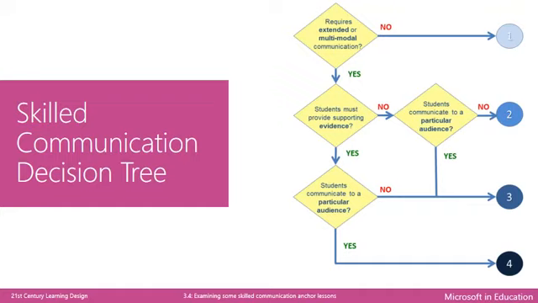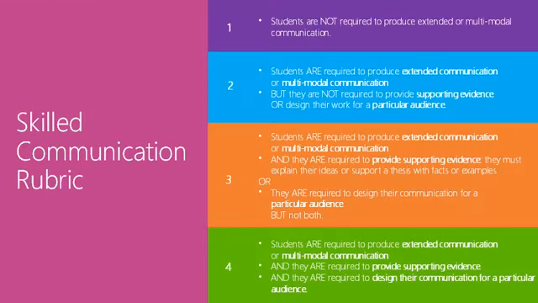Finally, if the students provide supporting evidence and design their communication for a particular audience, then the learning activity can be coded as a 4. As we said earlier, this decision tree can also be represented as a rubric. As you can see, each of the numbers 1 to 4 outline the criteria for the condition for that code. For example, to achieve a code 2, students produce communication which is extended or multimodal. You can decide which you find easier to use, the decision tree or the rubric, when you are coding the